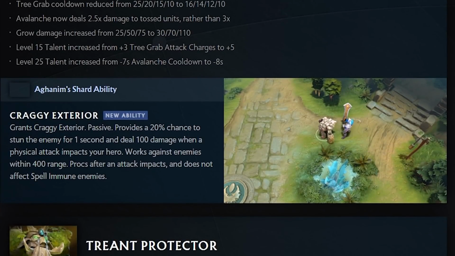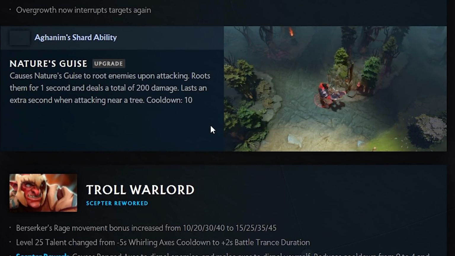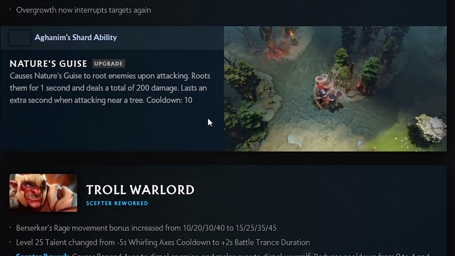Craggy Exterior. Oh, that thing. 20% chance to stun them and deal 100 damage. All right, no. Nature's Guise. Causes Nature's Guise to root enemies upon attacking. Roots them for 1 second and deals 200 damage. Lasts an extra second when attacking near a tree, which is going to be pretty often considering you're near trees, right? How close to the tree do you want them to be? They're always going to be...